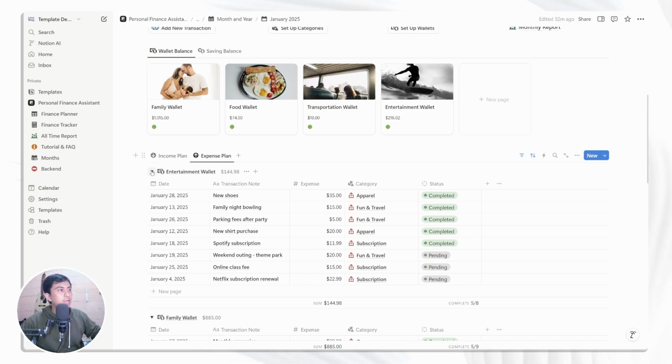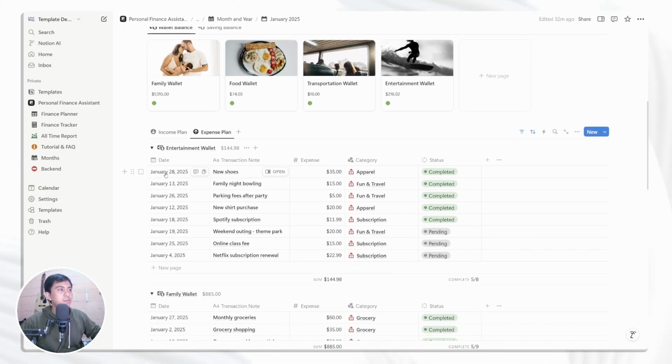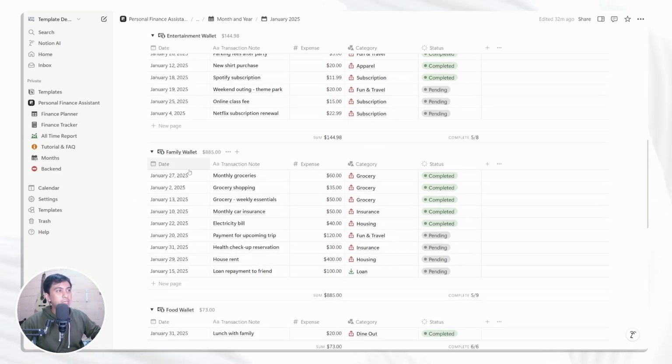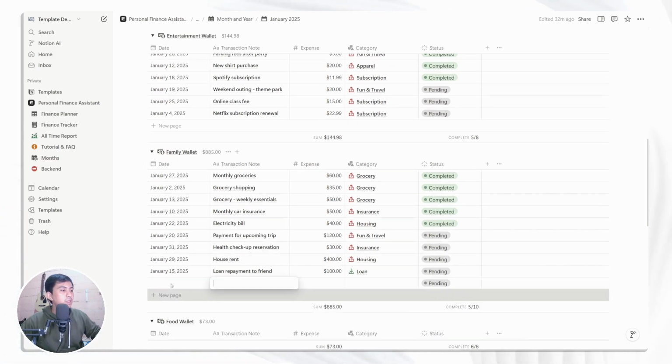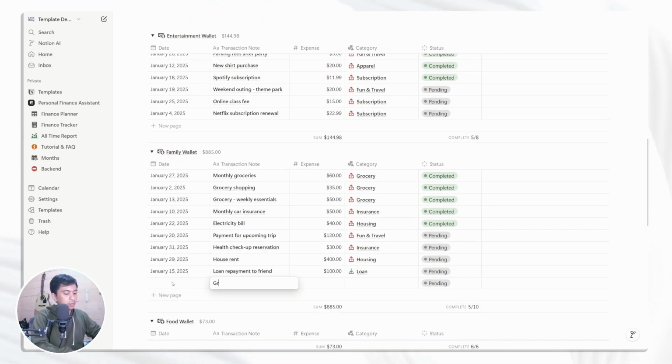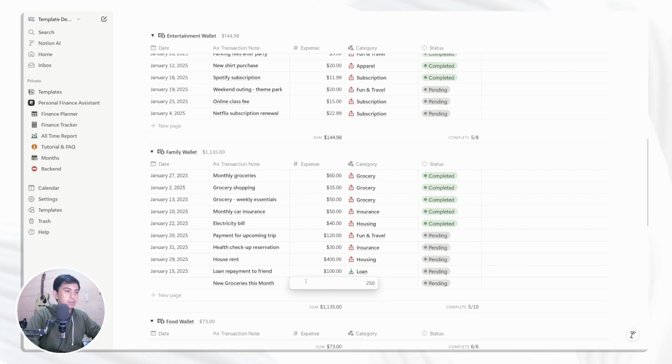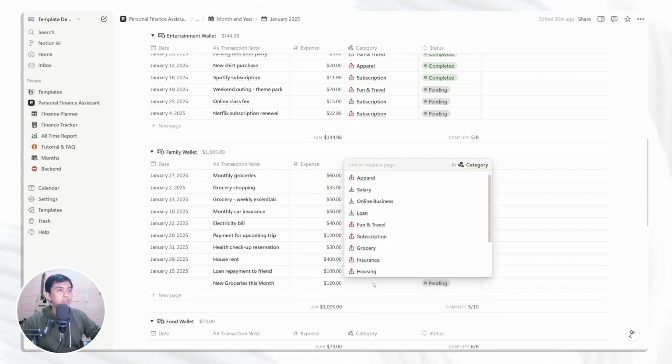So let's say you have a new purchase for groceries for the family. Then you add a new one here, for example new groceries this month, and let's say this much. And you use a category.